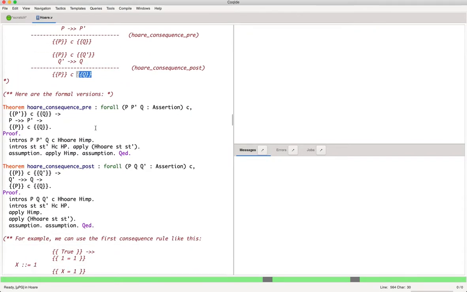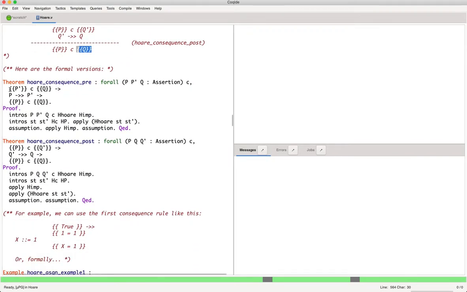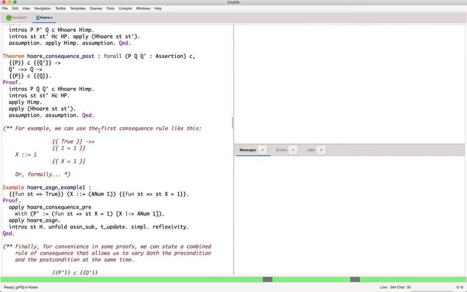So we can formalize those two rules. So this is the pre version and this is the post version. And the proofs are quite straightforward because they're essentially a form of transitivity in the proof. So for example, here we can say, in this example, the precondition here is essentially that every state satisfies this true precondition, right? But if you think about it, if you say that the postcondition is that x has to be equal to 1,